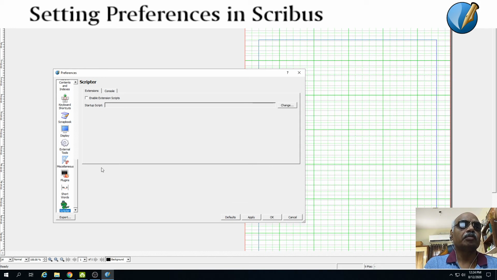I have already been telling you that Scribus tasks can be repeated using appropriate Python scripts. So if you enable scripts here and show the file where the scripts are installed, it will automatically ensure that the script is executed.